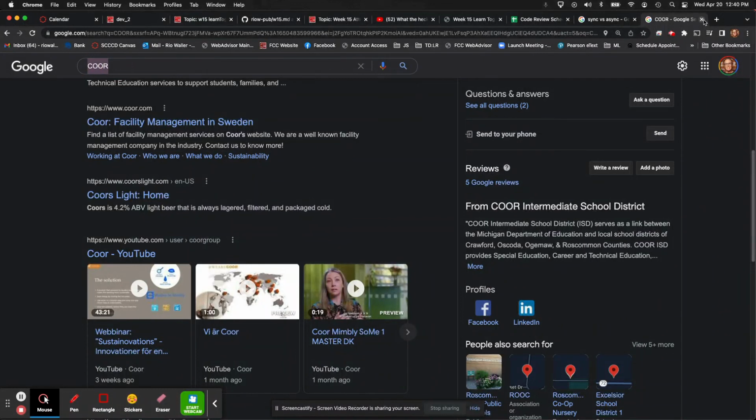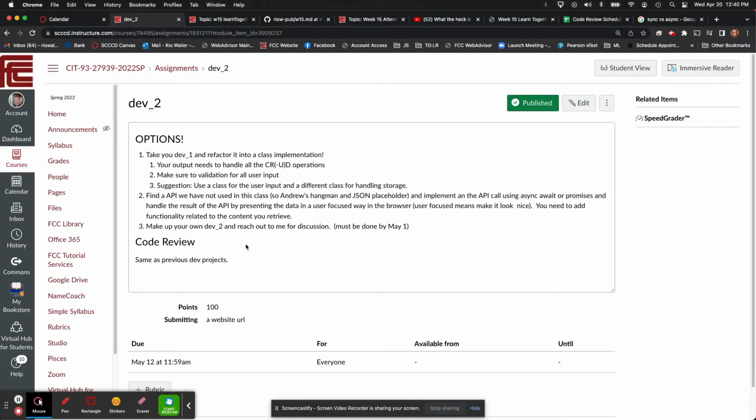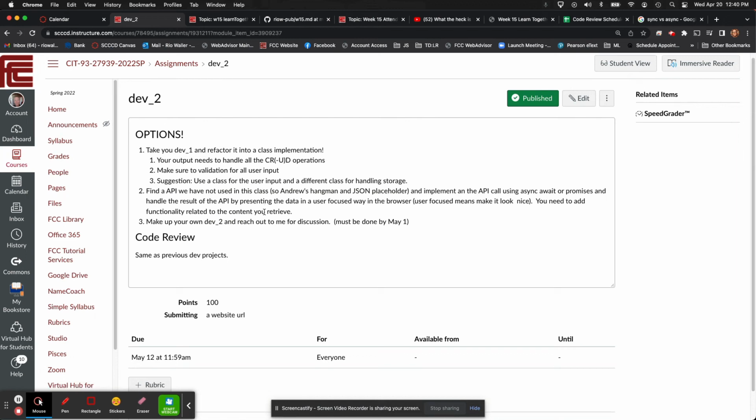But that is a security feature built into the browser, and I will probably talk about it next week. It can trip some students up because browsers have gotten much more security conscious about letting clients, and when we're running the browser, we're the clients here, make API calls. So that can throw you off a little bit, so I'll have something covering that next week.